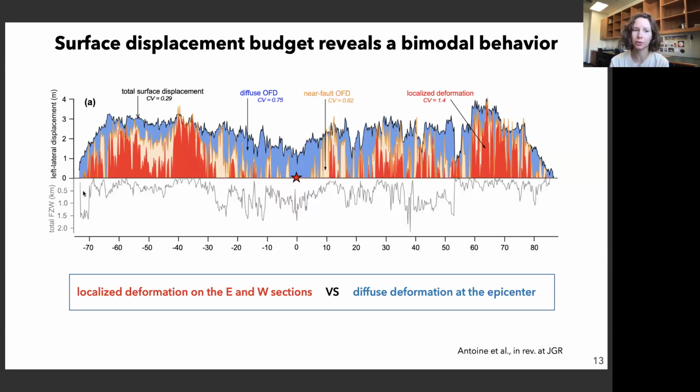Below that is the plot of the total fault zone width that evolves from very localized, where most of the deformation occurs in the fault, to very, very wide in those places where the deformation is essentially diffuse. What was interesting in that plot is that we see almost bimodal behavior of the surface deformation for that earthquake, with the central area where most of the deformation is diffuse, and we have this very broad